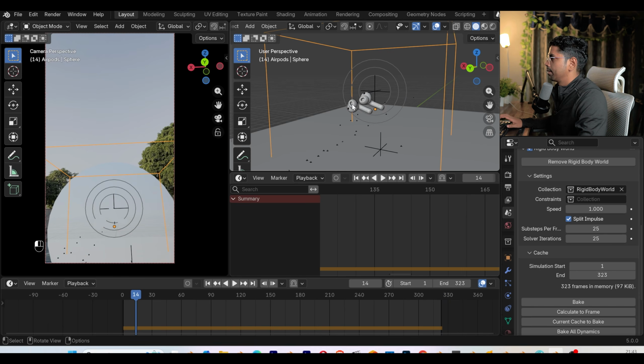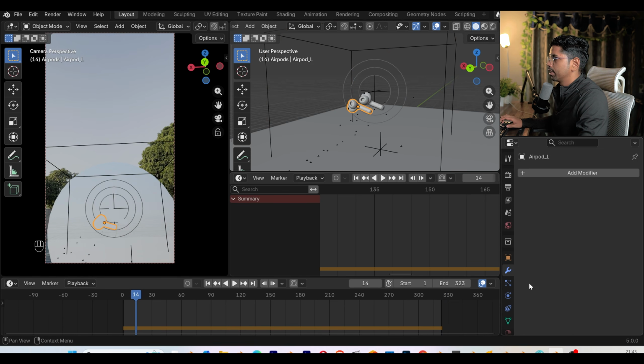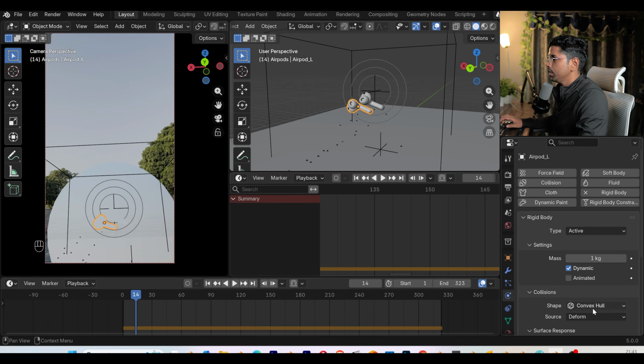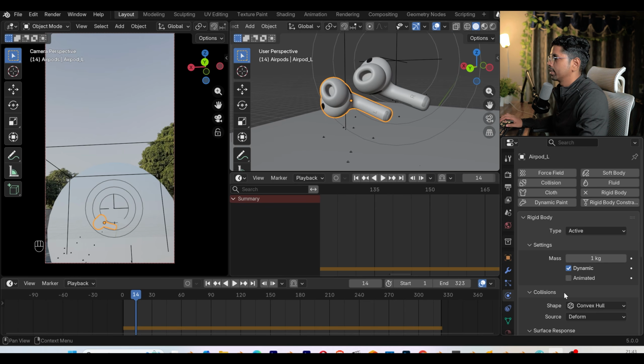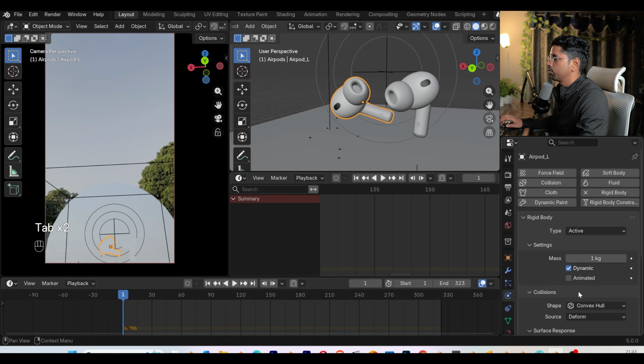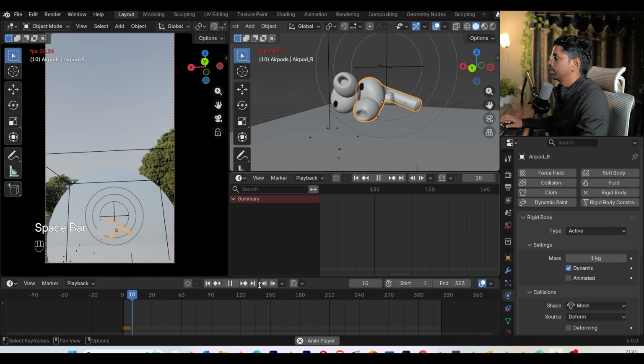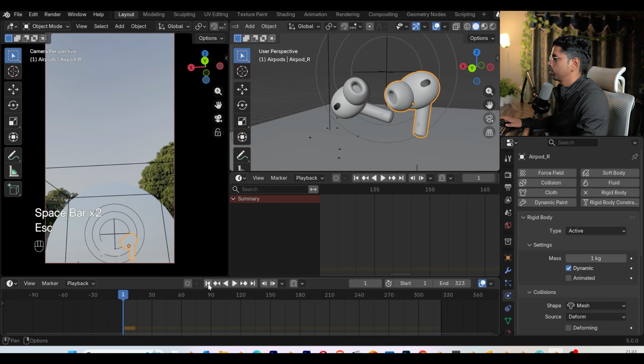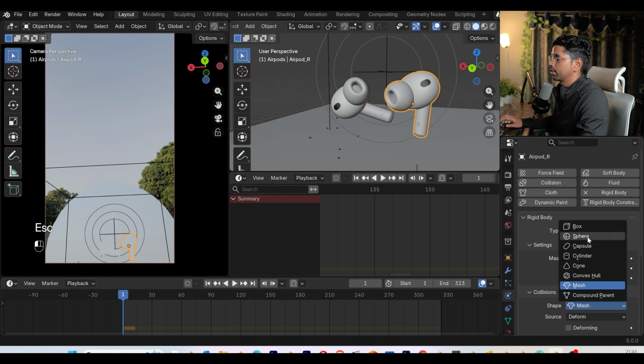Here is another thing. Let's suppose we are using the convex hull. Sometimes convex hull is not too good, so I can use the mesh, but since our mesh is too dense, it will be too heavy to simulate. So let's try one more time. Let's try one time and let's see. You can see this is super slow, so I'm not going to do that. Let's try maybe a capsule,